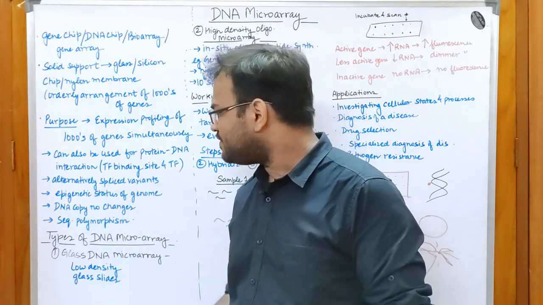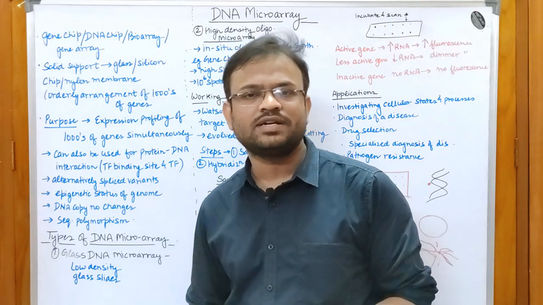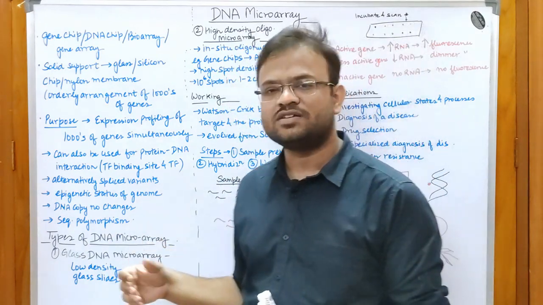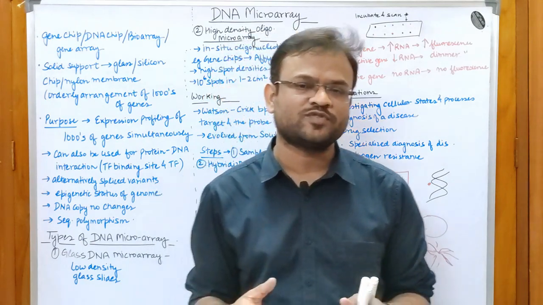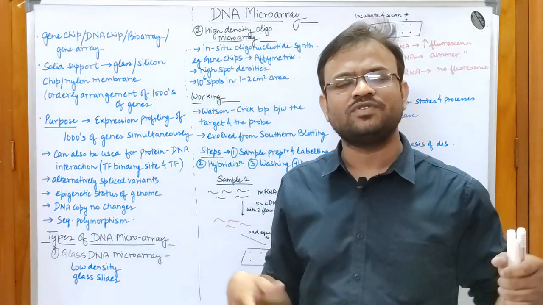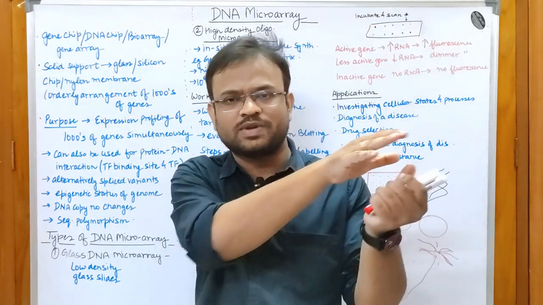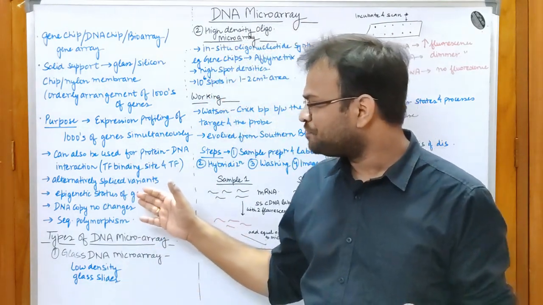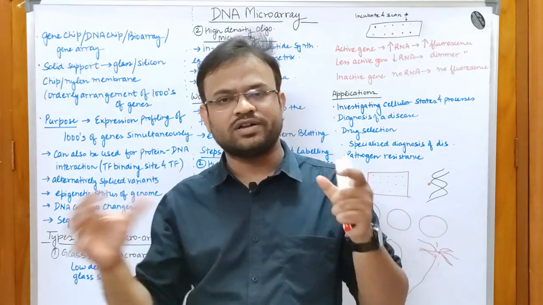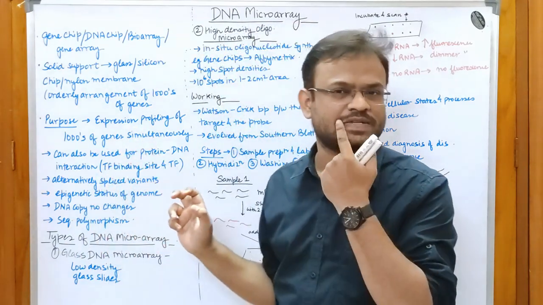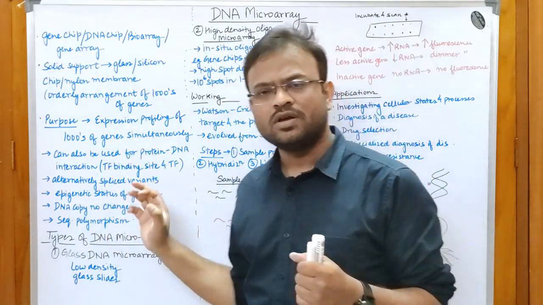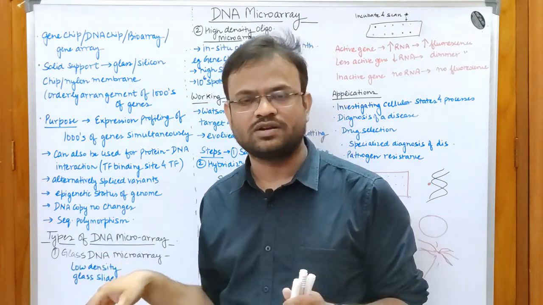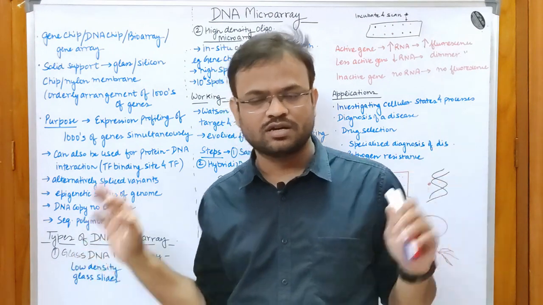Next, alternatively spliced variants. So you would be knowing that there are two types of splicing, right? Alternative splicing and constitutive splicing. In alternative splicing, we know that different combinations of the spliced fragments are joined together. So you can study the alternative splicing also through this kind of method. However, I am not going to explain alternative splicing over here. This would be a very long lecture, however. So I would stick on to this